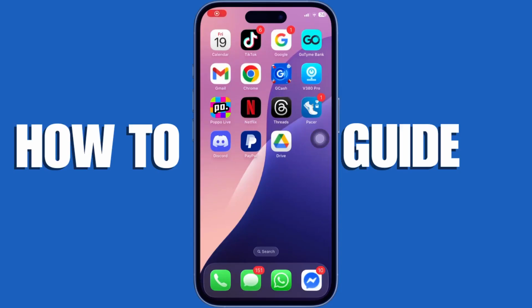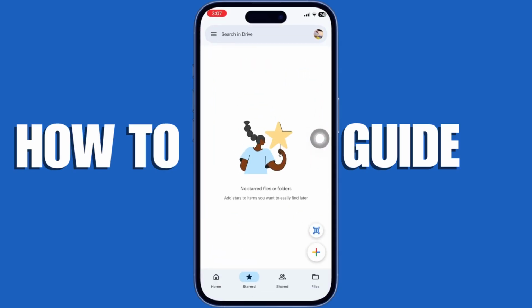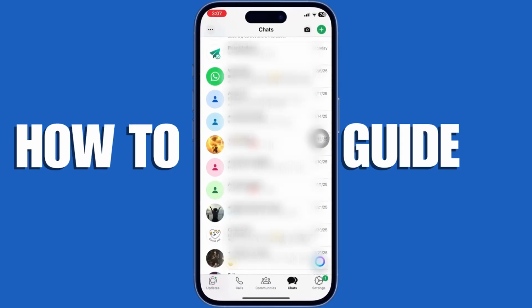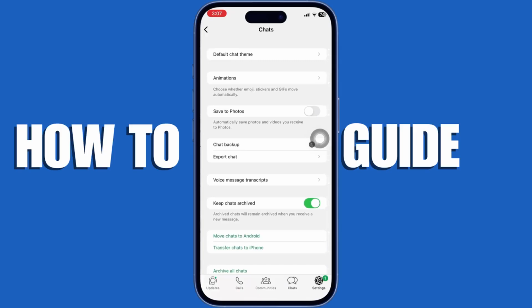We guide you through how to back up chats to Google Drive. First thing you need to do is install your Google Drive app from the App Store and sign in with your Google account. Next, open the messaging app where your chats are stored and export the conversation you want to